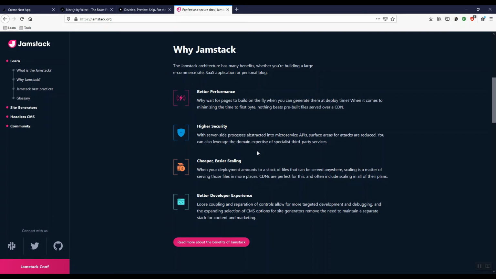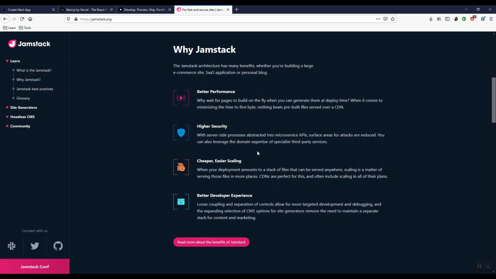Now you can almost host your website for free. If you're just building a personal blog or a portfolio website, you can host it for free and there will be no charge. It will also be easier to scale since all these cloud platforms use a CDN network to deliver content. What a CDN is, it's basically the nearest content delivery network from where your browser or your ISP gets you the data. Then it also provides a better development experience.